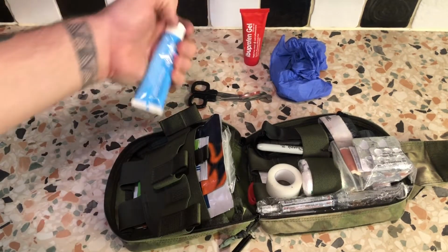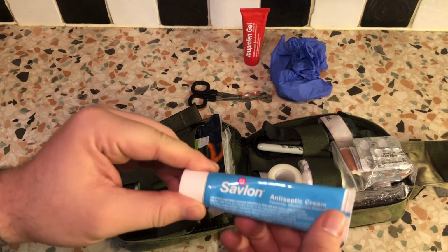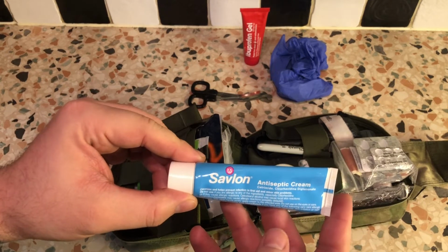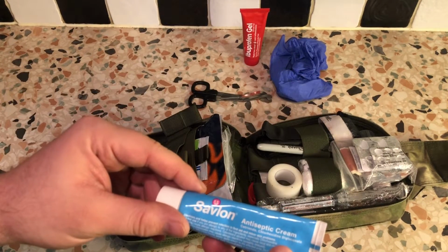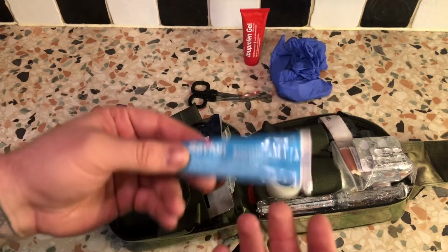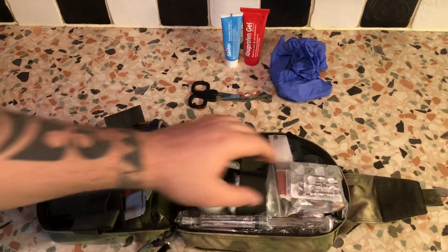Okay, and then we've got just some antiseptic cream, Savlon. Obviously, cuts and bruises in the field are very, very common. So obviously, I cut myself a couple of weeks back. Obviously, that wasn't from a knife or anything, but a bit of Savlon on top is always better than nothing, isn't it? Okay, so